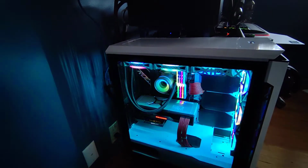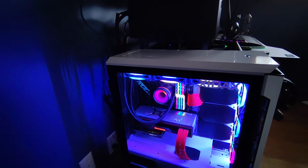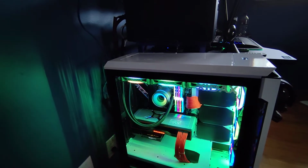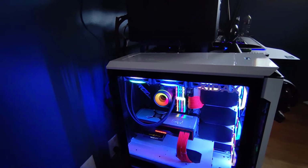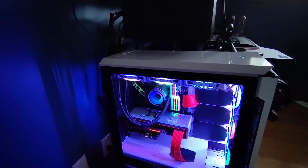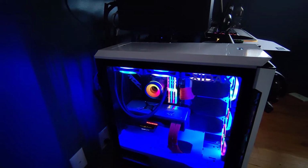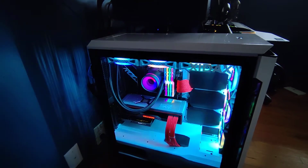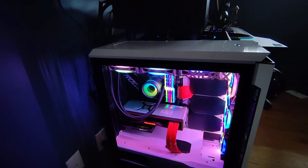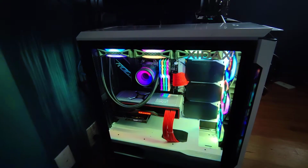There are 2 M.2 drives, and they are Seagate FireCuda 520 series Gen 4, 1 terabyte each. Then there is a Xidax Performance SSD that is also standard 1 terabyte. 3.0 card reader, red cable, Corsair QL series RGB maglev fans. The sound card is a Creative Sound Blaster AE7,